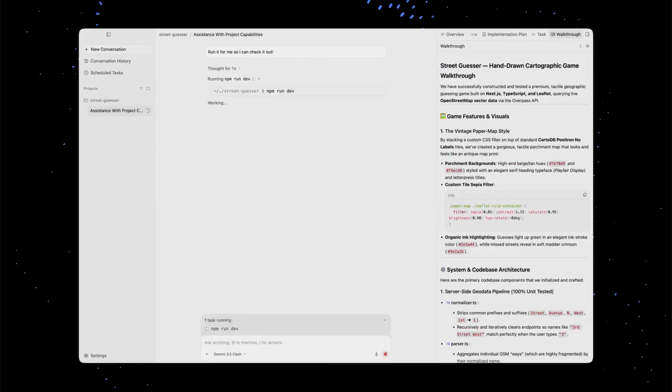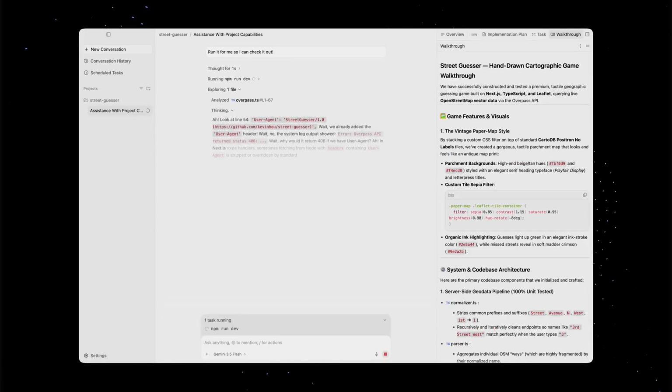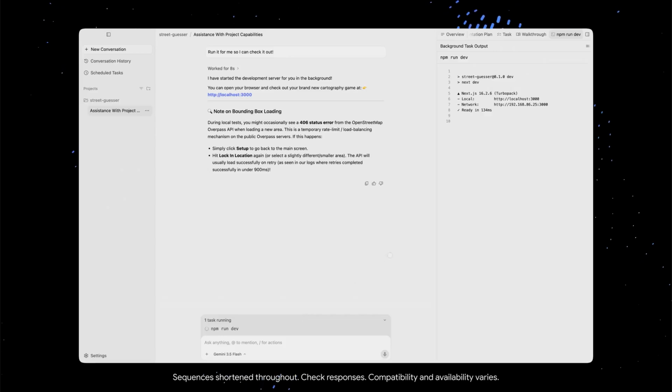The agent has now run npm run dev, which we can see right above our toolbar. And to view these sorts of background commands or background subagents, we can go ahead and click it, and you'll see the output directly on the right. And now I can see that my server is running at localhost 3000, and by clicking on localhost 3000,